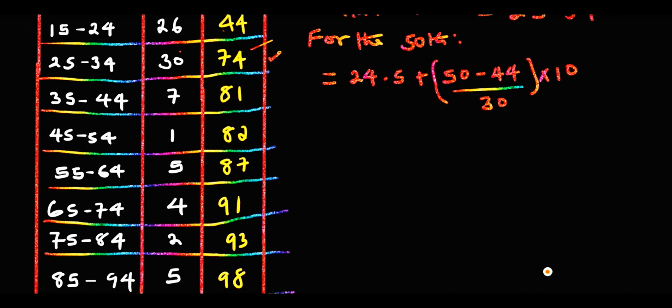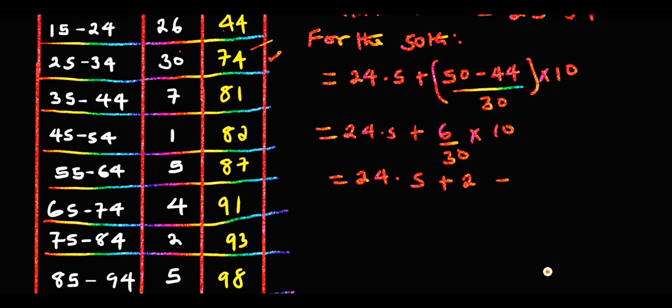So this is going to be 24.5 plus 50 minus 44, that is 6. So you have 6 over 30 times 10. So if you simplify that, you're going to find this to be 24.5 plus, if you simplify 6 over 30 times 10, that is 2. So it means for the 50th farmer, we have 26.5. Then we look for the